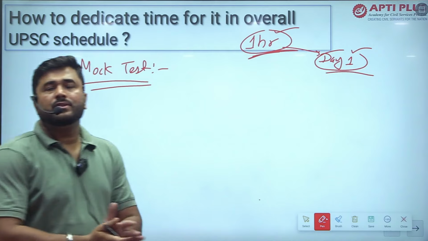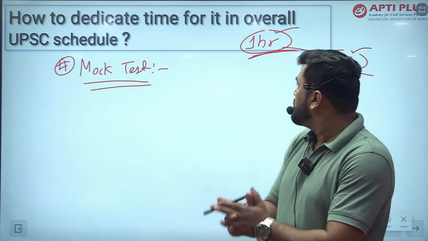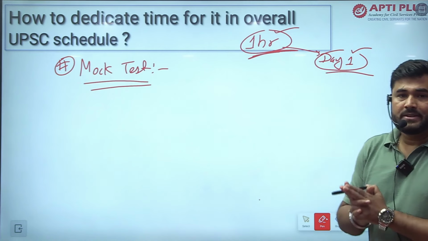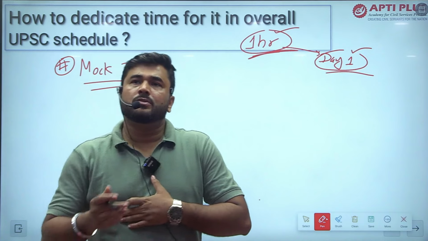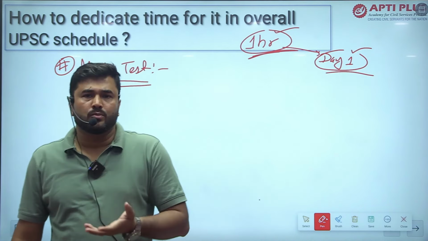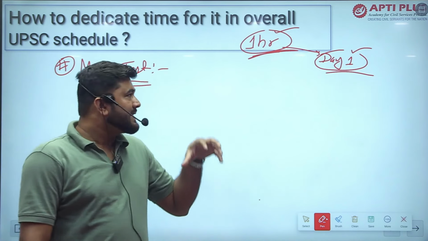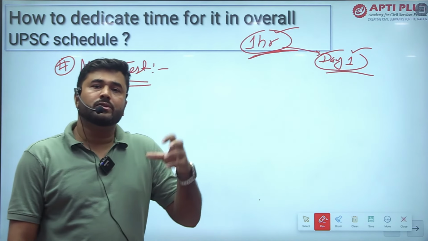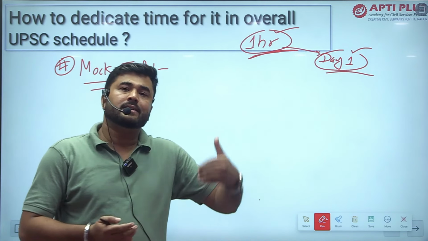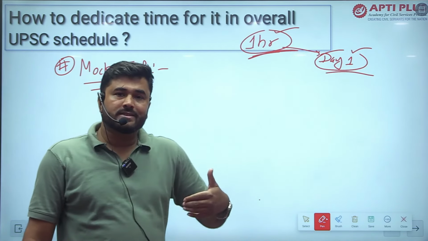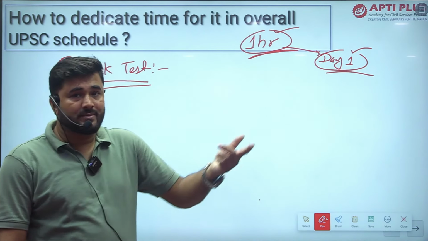From day 1 when you start the UPSC preparation, you need to do almost 1 hour daily in this preparation. And if you are preparing for the CSAT for almost 3 to 4 months, and you see that your preparation is at a good stage and you are getting a handsome score, then you can take a pause. After that, 3 months or 2 months before the exam, you can continue the preparation in a practice manner.